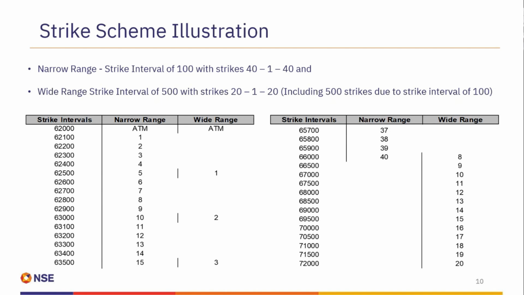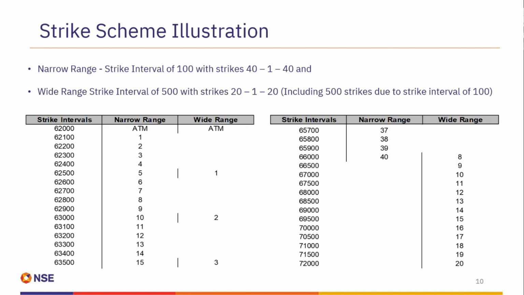wider range strike intervals. So for this index, what we have chosen is a strike interval of 100 near the ATM, and as you go away, we have introduced the 500 strike intervals. Now with this, suppose we assume an index value of 62,000, the narrow range, that is the 100 strike interval, will give you a coverage of 6.5% on either side of the ATM, whereas the wide range, that is the 500 strike interval, will give you a coverage of almost 16% on either